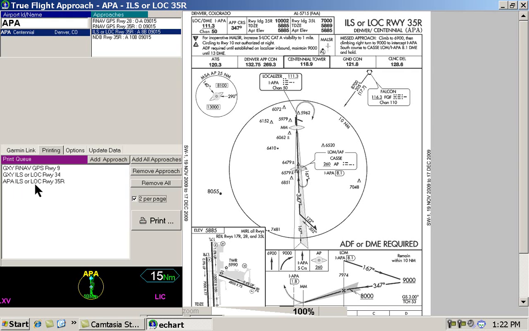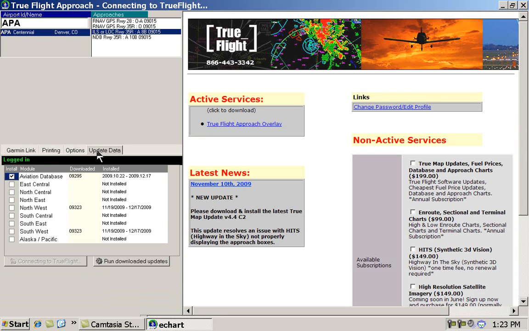Now let's say the approaches expire in another week from now and you come back a month later. Well, you would go over here, you would still do your update,